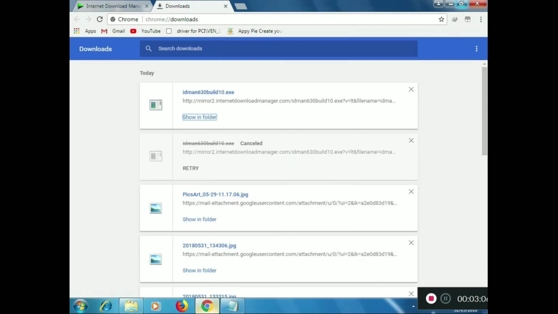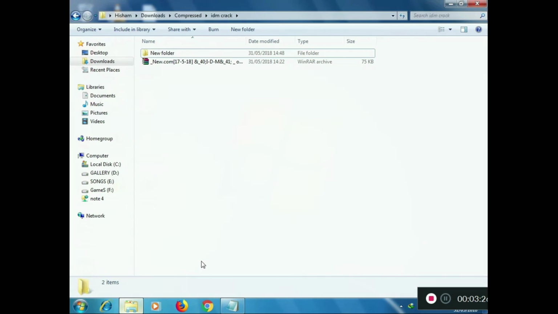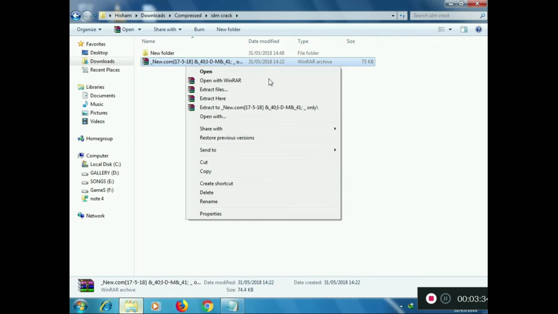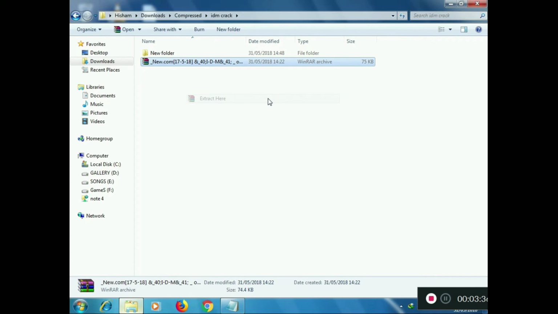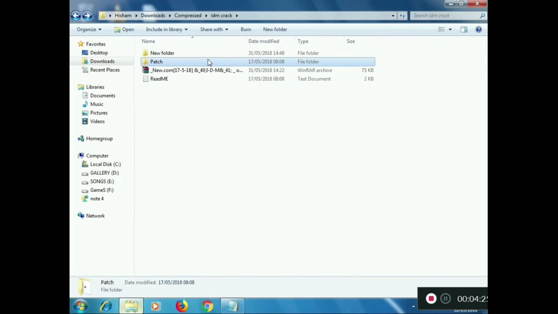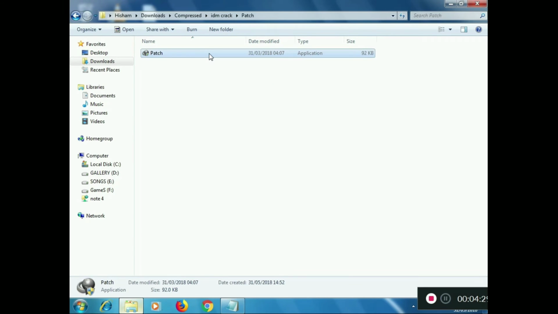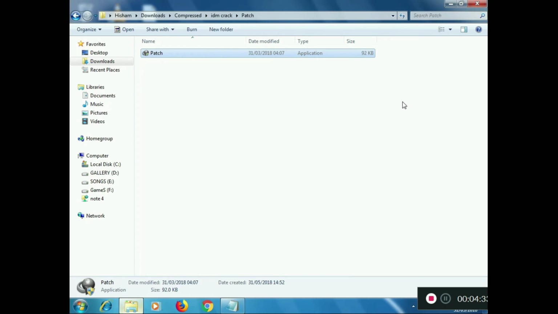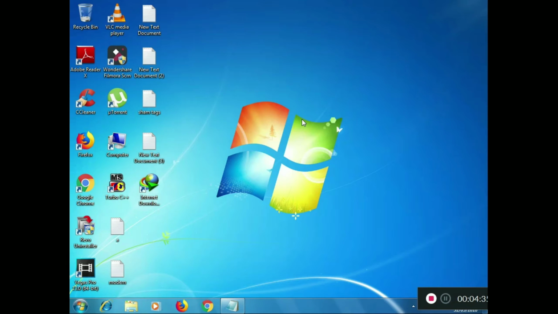After installing IDM, go to the description box and download the IDM crack file, which is about 74 KB. Now let's extract it. After extracting it, open the folder named patch and copy the file named patch. Now close the folder